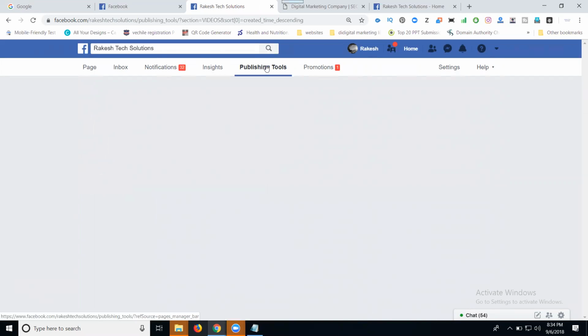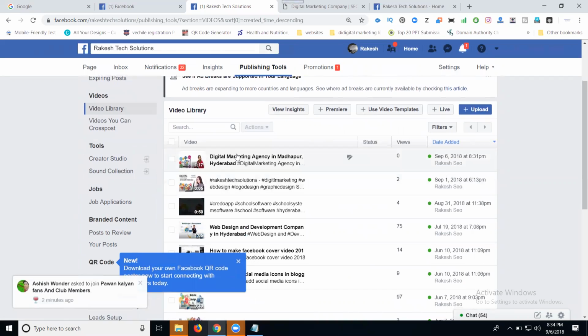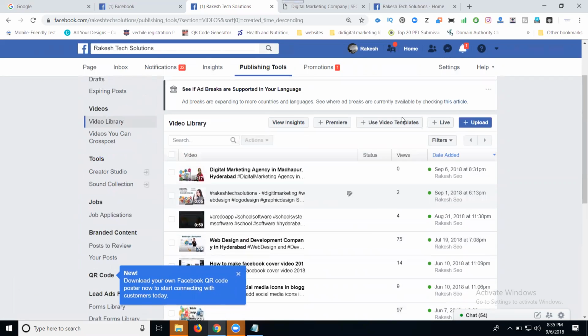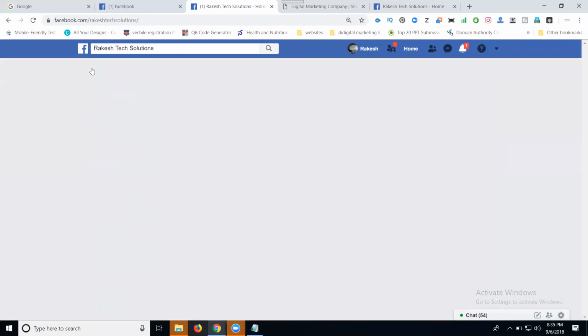Any kind of posting, with clicks and everything, can be checked in the publishing tool. Here you can see this posting is done, and you can see your views here. Now go to your page.